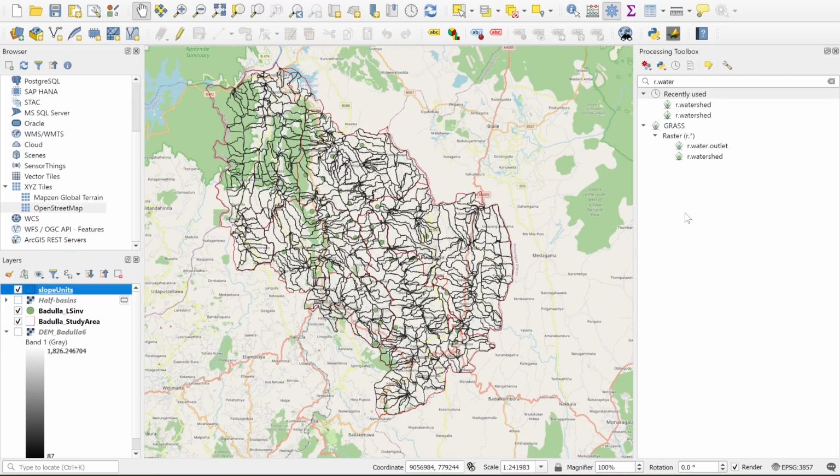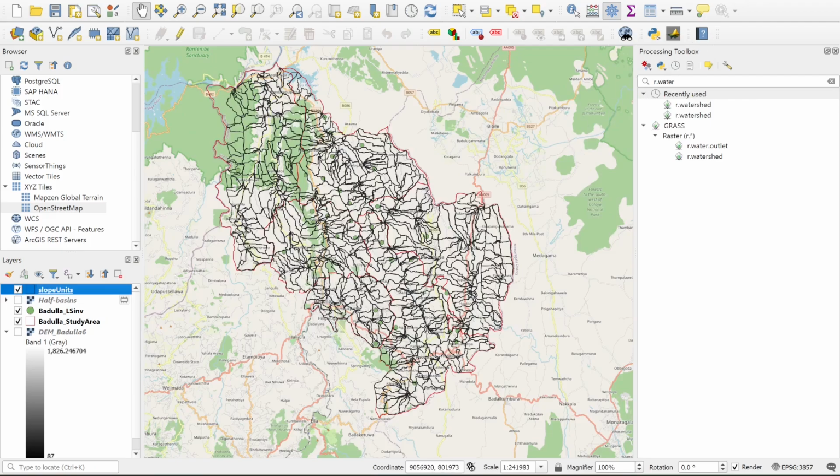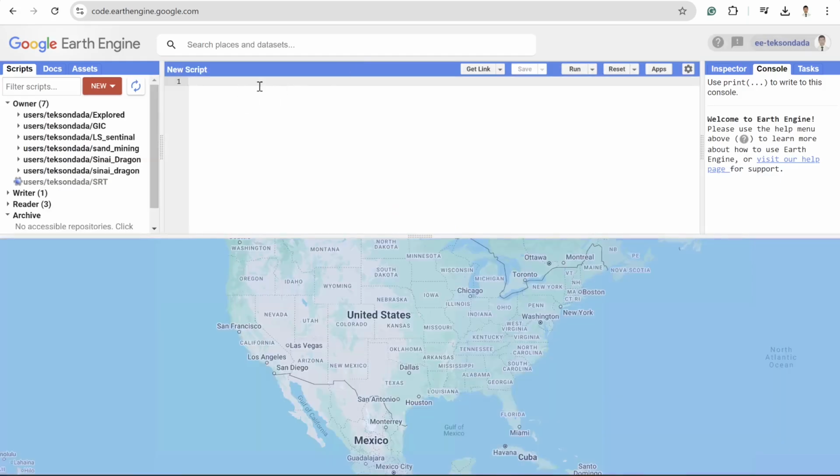All right, so now another step is to prepare these four maps, which are slope, aspect, precipitation, and NDVI. These are the variable maps which might impact the landslide. In order to prepare those, we are going to use the DEM and also our slope unit. And for simplicity, we are going to use the Google Earth Engine. So simply for accessing the Google Earth Engine, simply type